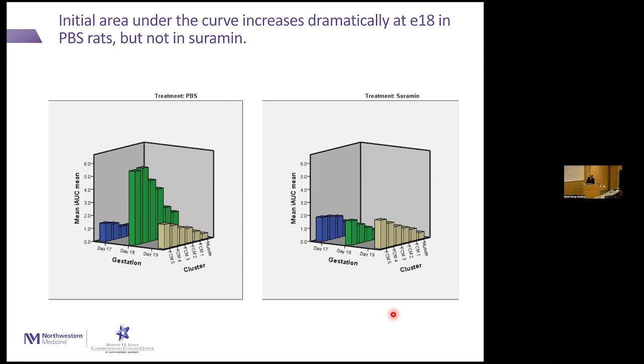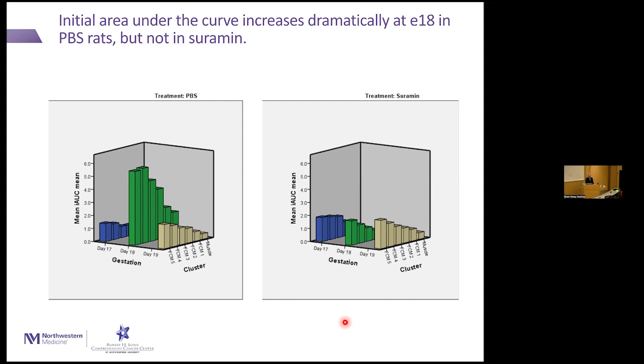So getting into some of the quantification, unfortunately, we have the zoom bar over the top there. This is just initial area under the curve. So if you remember, the curve goes like this. So the area under the curve, you can pick different time points. And what a lot of people do is what's called the initial area under the curve. And you pick something like, say, the first minute, and that will get that peak, and you don't worry about the washout part. So without doing any modeling, you can just, using math, take that area under the curve,